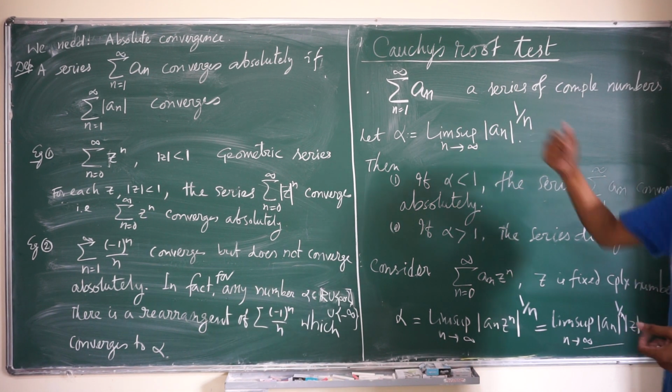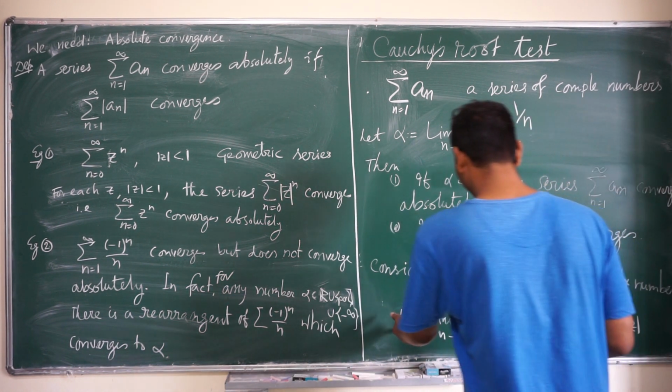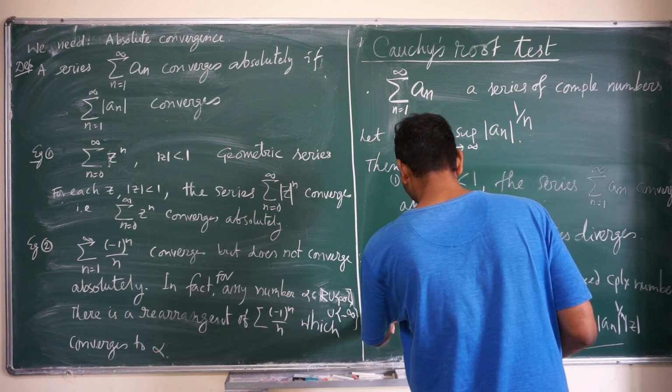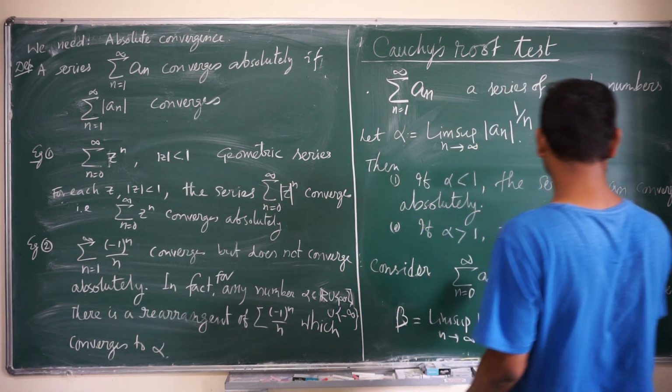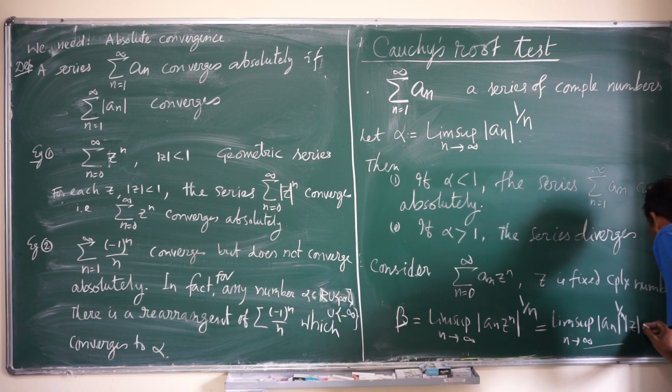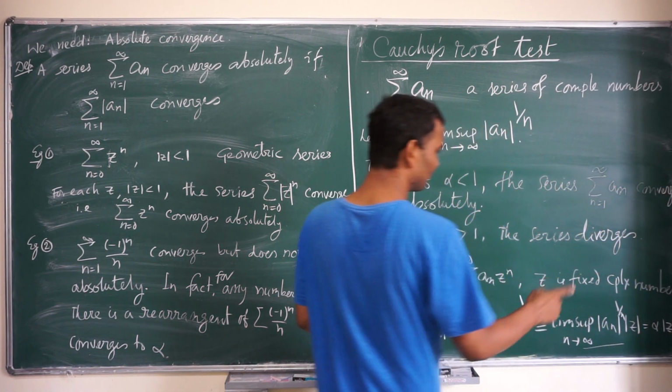This series of numbers. So if this is, let's call it beta, and alpha is that one for the coefficients, then beta will be alpha times mod z. Alright? So now if mod z